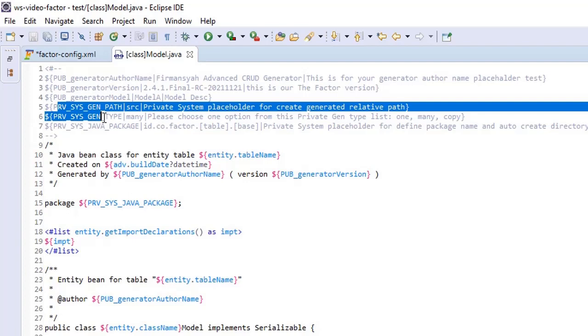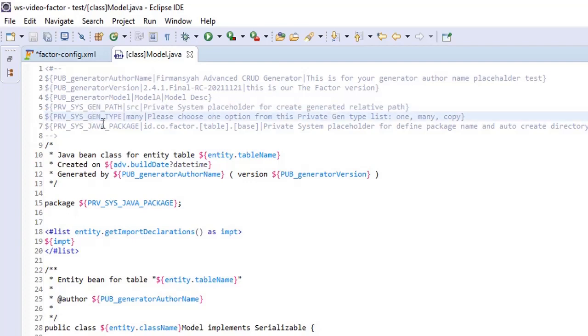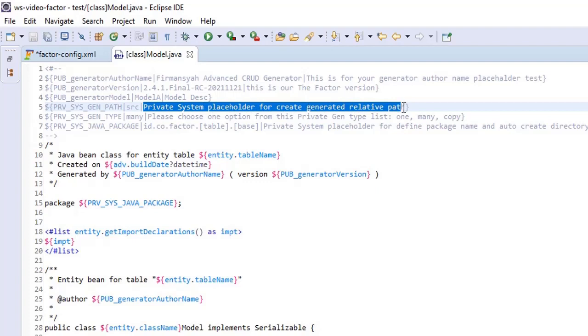We can define another private attribute with another name. The definition of the private attribute is similar to the public one: you write the private name, then the value, then the description, separated by the pipe character.